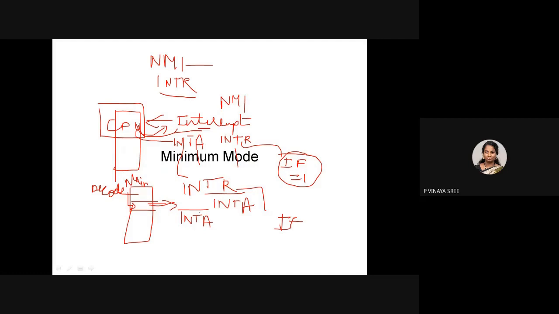Is it clear what interrupt acknowledgement is given for interrupt request? Why? Because this acknowledgement is not given to this NMI. While explaining, I said why there is no need of acknowledgement for NMI. Because it directly gives the service for interrupt, ma'am. Yes, it is non-maskable. Once it is activated, it has to provide the service, but not in the middle of the instruction. It has to complete the execution and then provide the interrupt service.